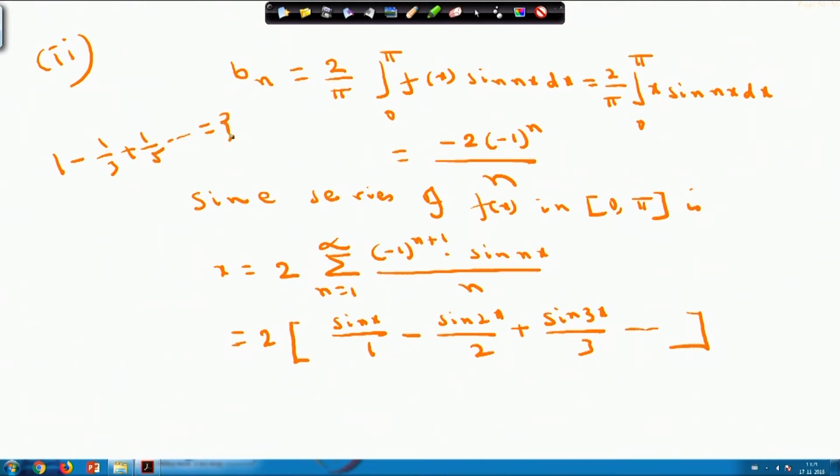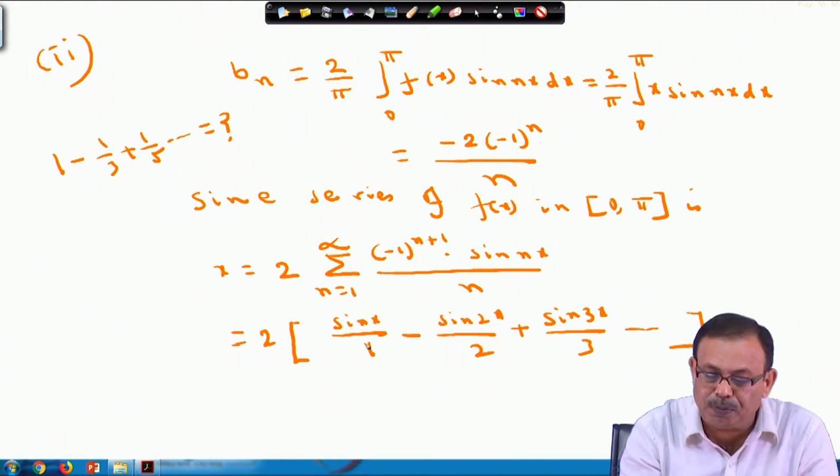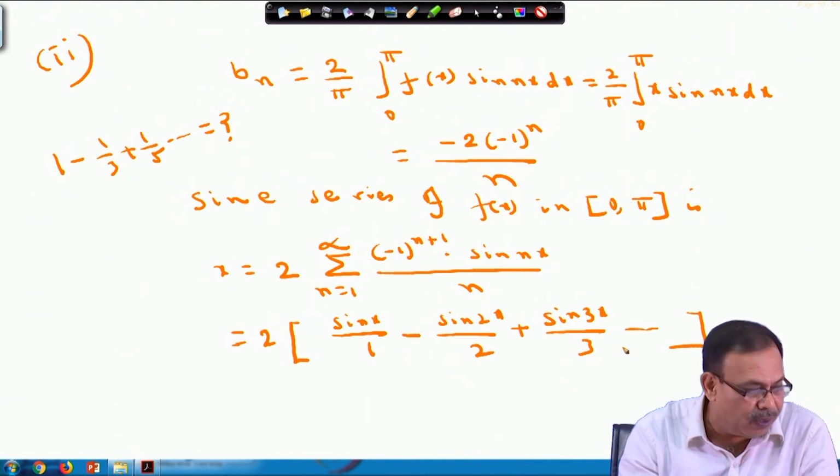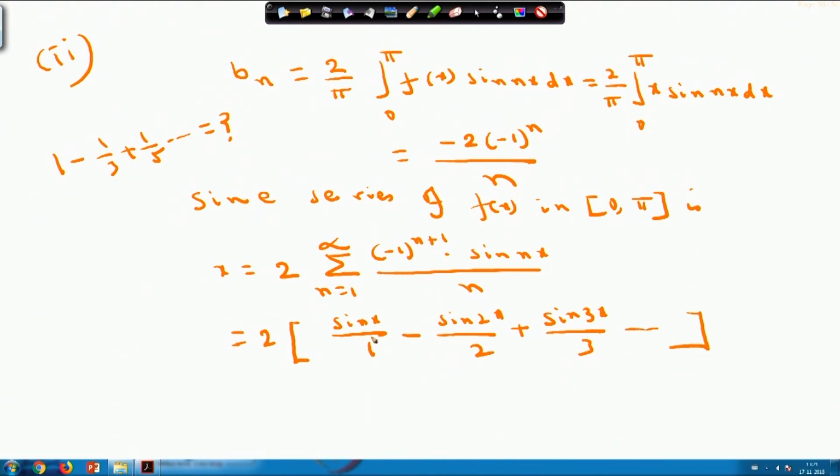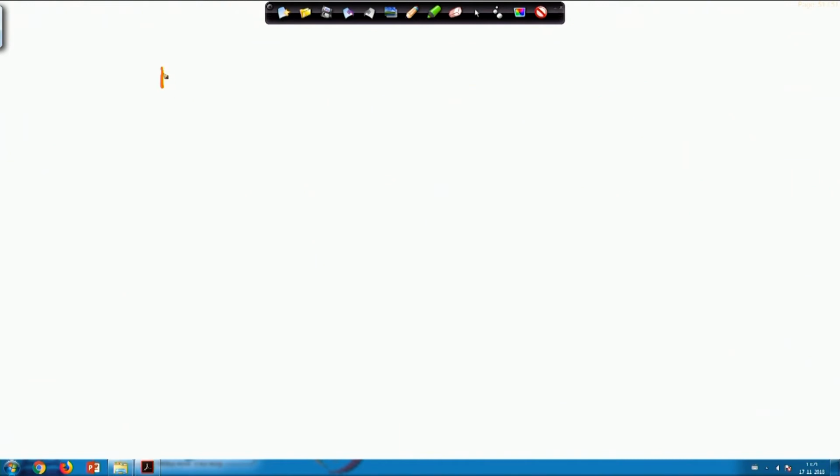To get this value, I have to check what value I should put for x. Here I should put x equals pi by 2, then only these values will become 1. So now at x equals pi by 2, if I substitute,